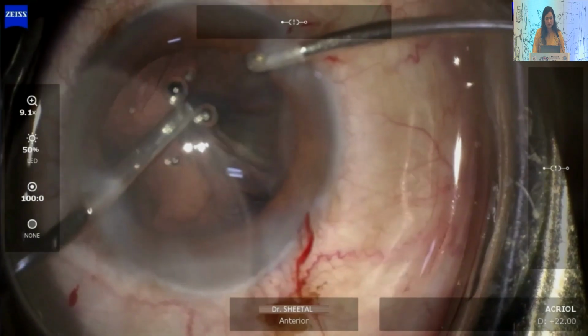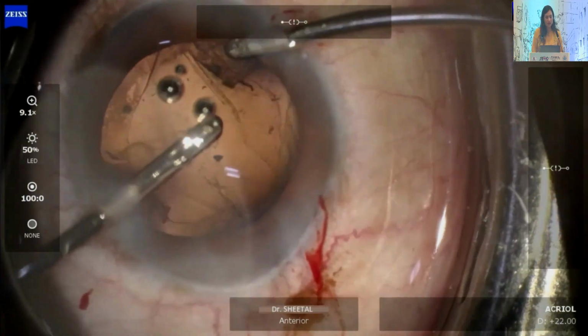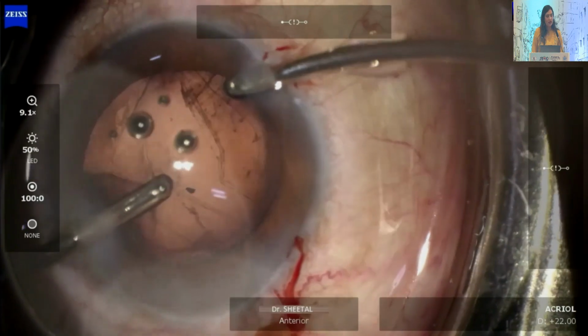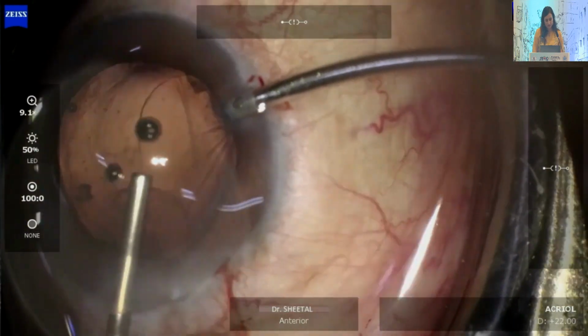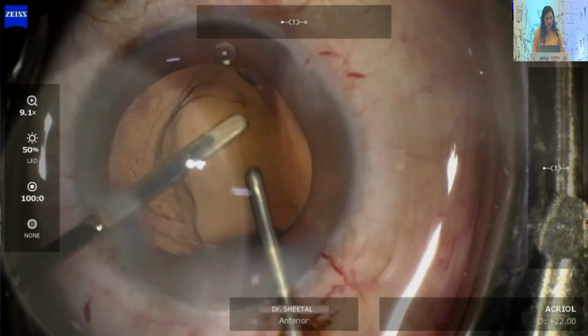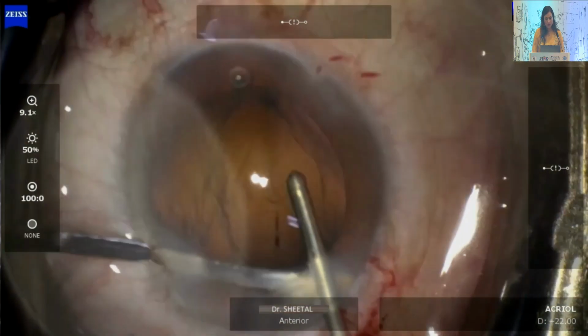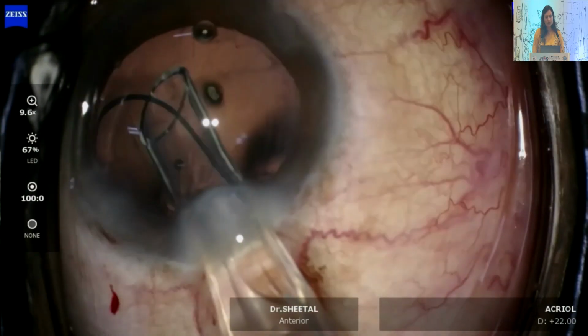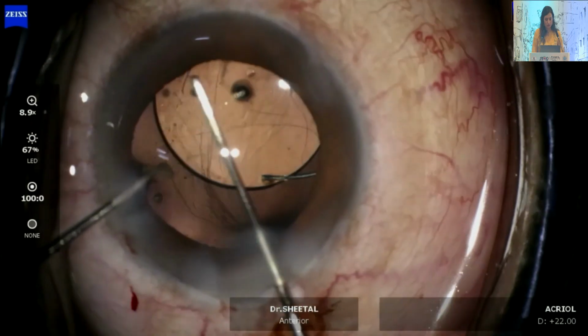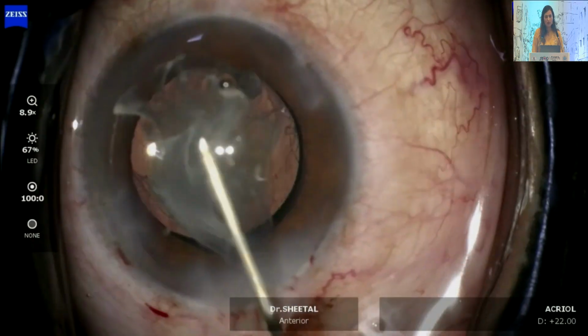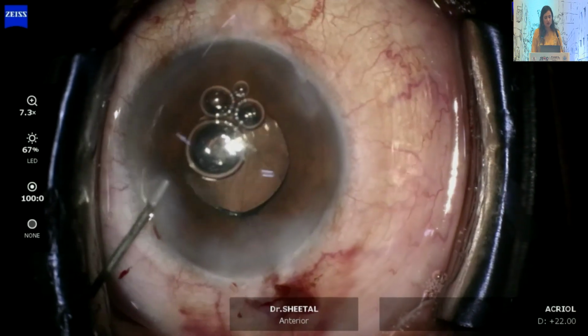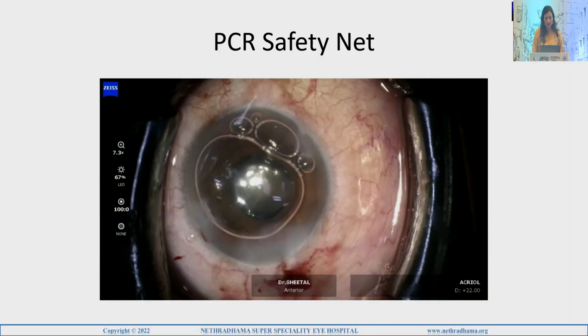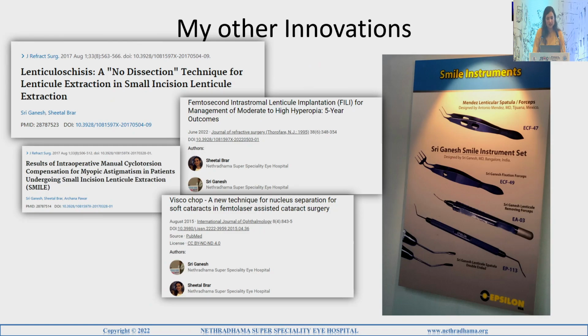So the advantage of this innovation is that you can do a proper cortical and vitreous cleanup. You know how much support you have before deciding about your choice of intraocular lens, and you can manage the PCR without extending the wound. So normally we would sometimes extend the wound, the corneal wound, and then remove the piece, so it doesn't induce that much corneal astigmatism. So some of his other innovations were lenticuloschisis, the no dissection technique, Philly, which is another